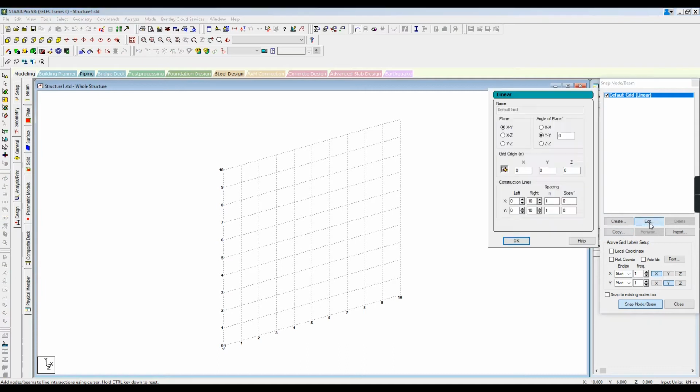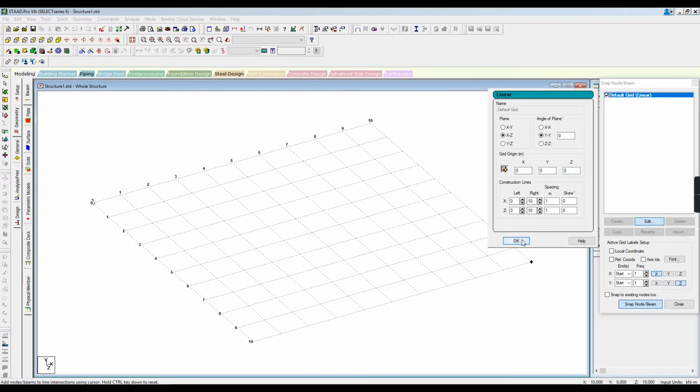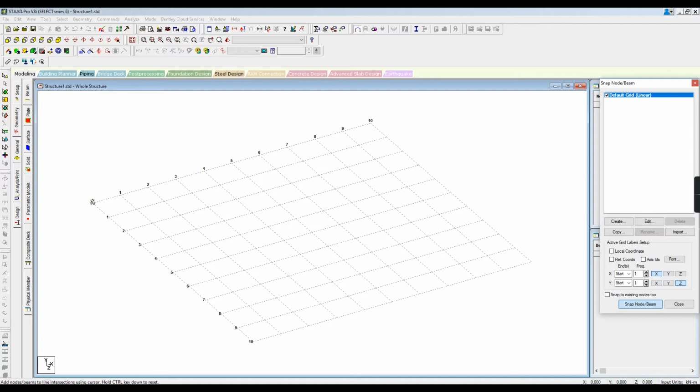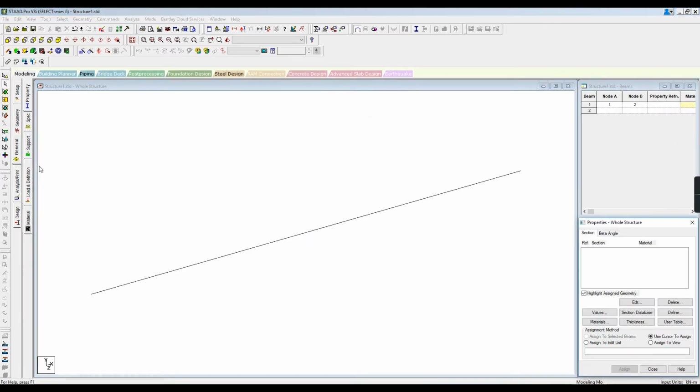I'll change my default grid spacing to XZ plane. Okay, I want to make a beam of size, let's say, 8 meters. Okay, I'll escape. Then what I will do, I will